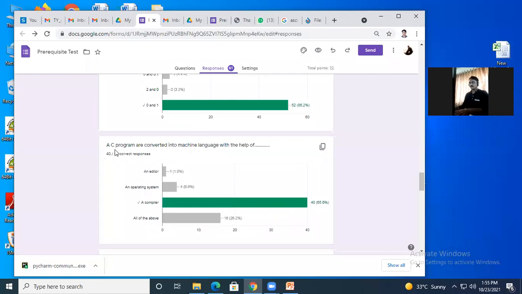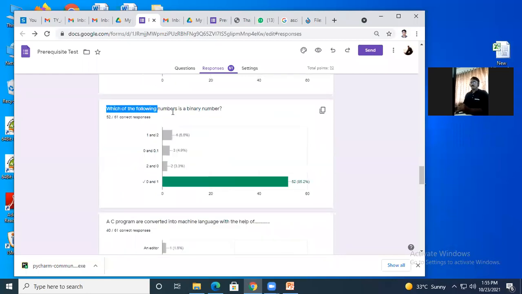Then the next question was, a C program is converted into machine level language with the help of, yes, the correct answer is the compiler. The compiler is converting all this, which is understood by us and is called a high level language.